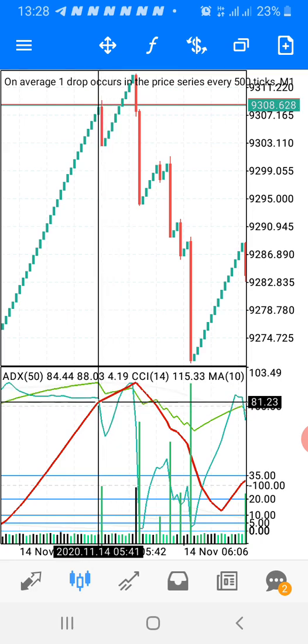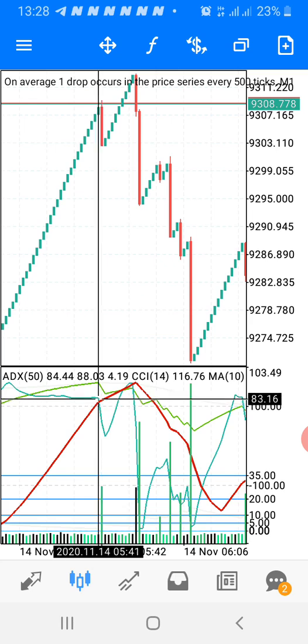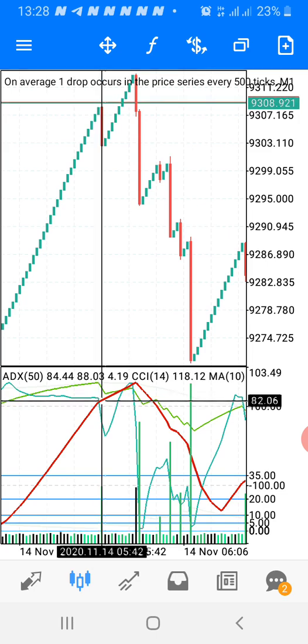Get ready for a spike, just like this. It crosses above at this point. You see the spike. Look at the line. Immediately after it crossed, the next candle